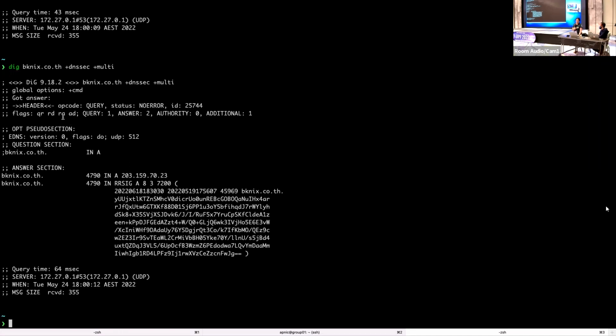But the important bit for us at this point, as already mentioned earlier, is the AD bit. Again, another tool that you can use in your arsenal. If you have a Unix or a Linux terminal, you have the dig utility installed, then you can use this to do simple queries such as this to find out whether your DNS is validating. In this case, I do a simple dig. That means I'm using a server that's available to me locally, which in this case is this IP address. I can also specify dig at, say if you want